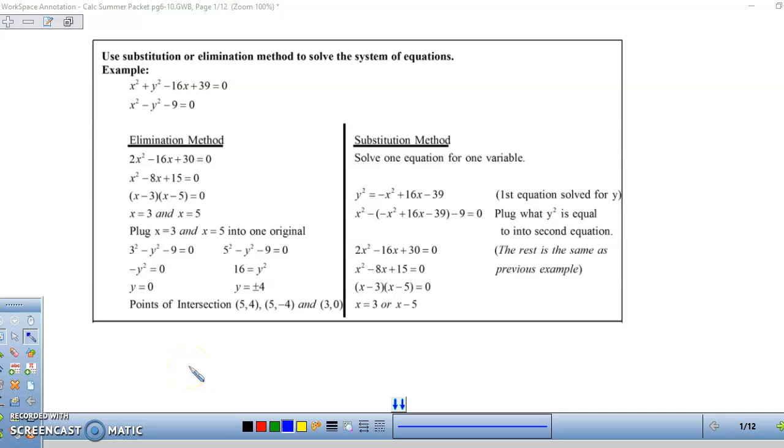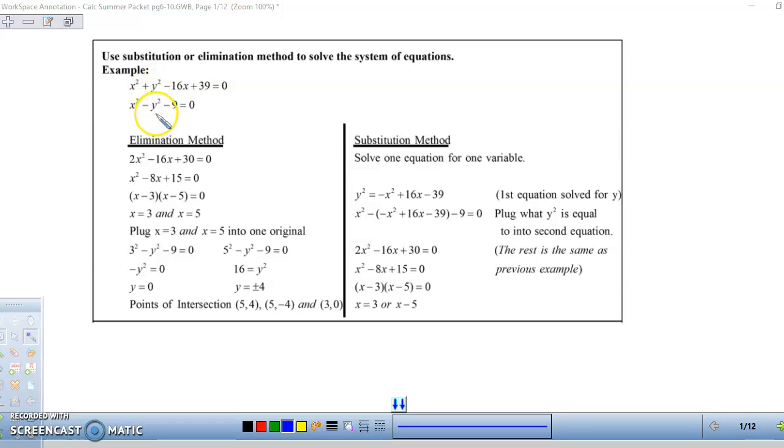Hello again. So we're going to start on page 6 today of your quote-unquote summer packet. So, reviewing elimination and substitution for solving a system. Generally, we do use elimination. It is generally quicker. But here, what we're looking at is